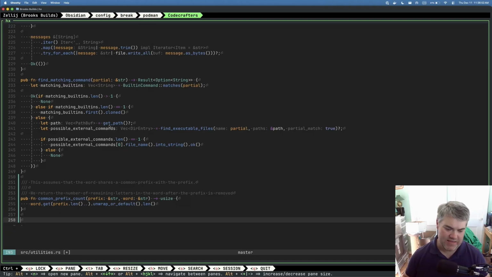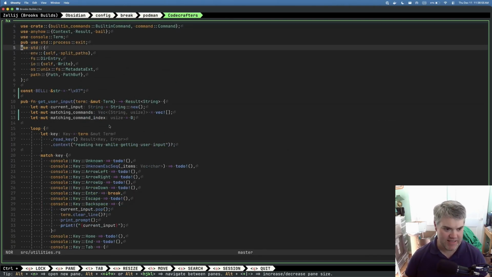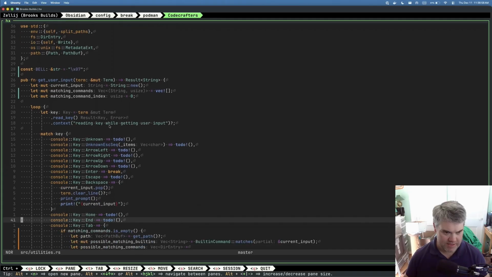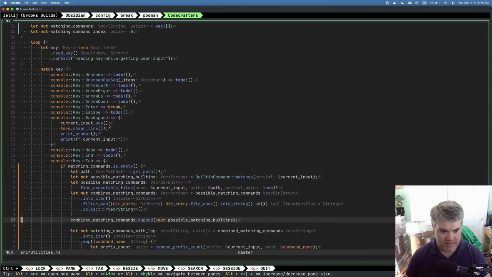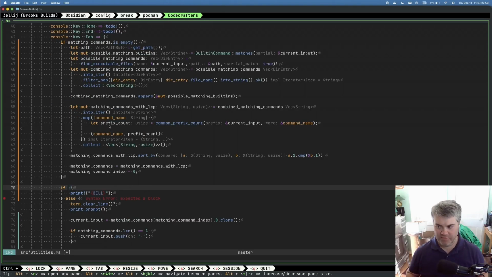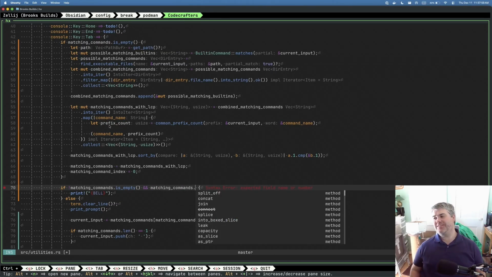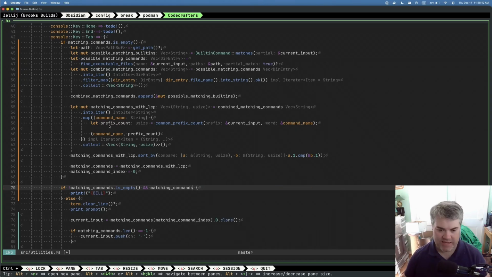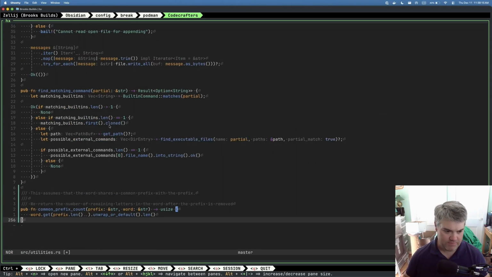Let's see. The type system will make that a little bit weird to put down there, but if I count, there's an argument now for making this a struct because of this. So it's not "is empty". So it's both, right? So if matching commands is not empty, so let's do "is not empty and matching commands". Oh man, I'm going to have to reduce this, aren't I? That's the reason why I need to do another file, or sorry, another